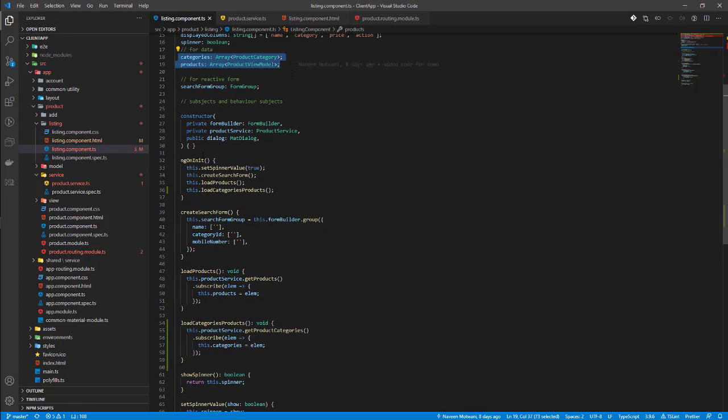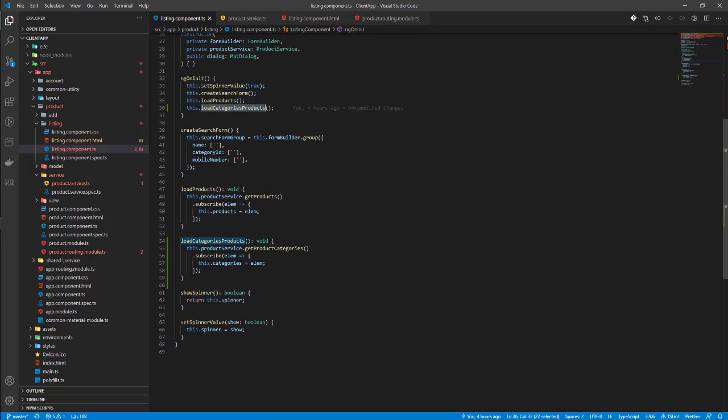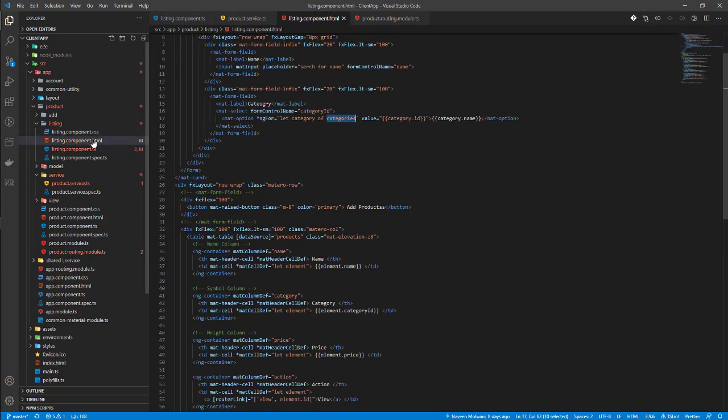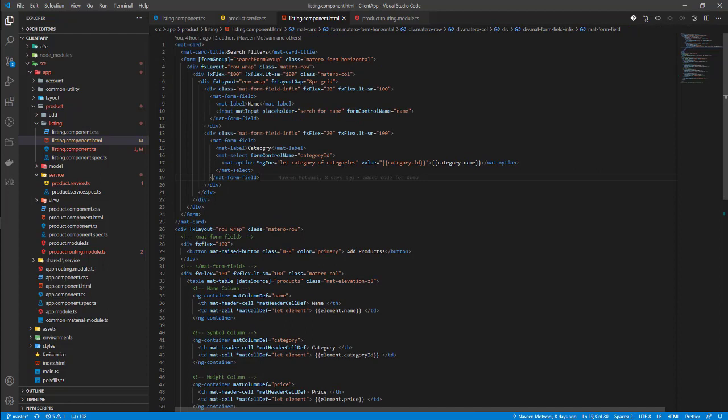As soon as my component is initialized, I use the Angular lifecycle events to make sure the component is initialized, and then I call the product and category methods from this component, which then calls the service method, and then the service calls the API methods. As soon as the API returns the values, I assign the returned value from the API to my local variable, which is used in my template to bind the data.